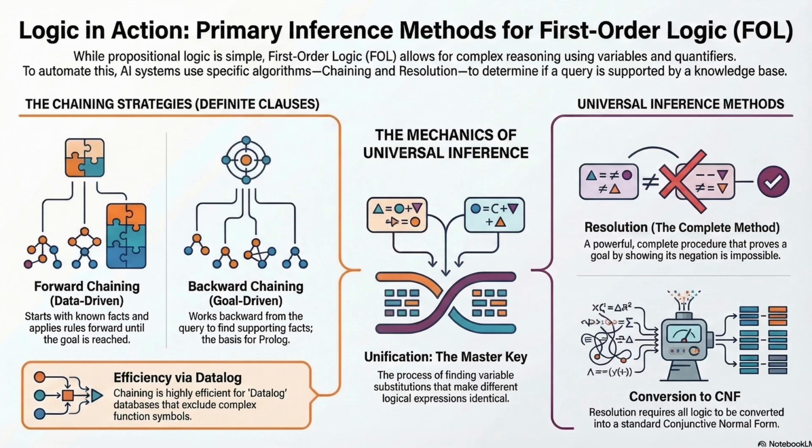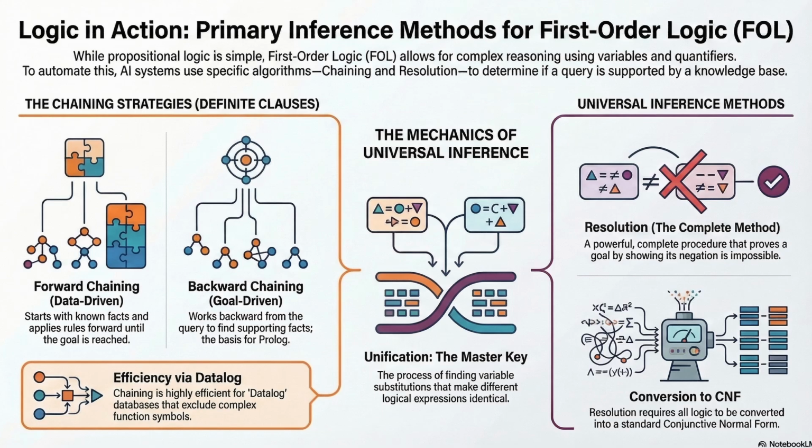This propositionalization stuff sounds like a massive trap. It is a trap, so they came up with lifting. Lifting. The idea is simple. Instead of grinding everything down to specific constants immediately, why don't we just reason with the variables themselves? Why generate "if John is a king" and "if Richard is a king"? Why not just keep the rule as "if X is a king" and only plug in John when we actually need to? So we lift the reasoning up to the abstract level.